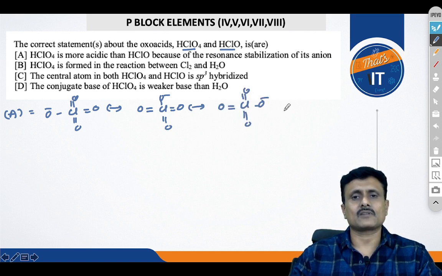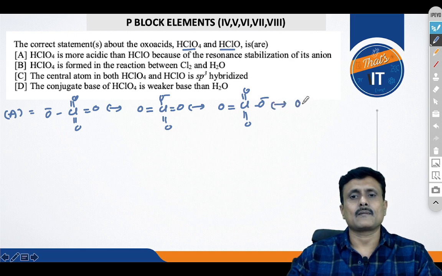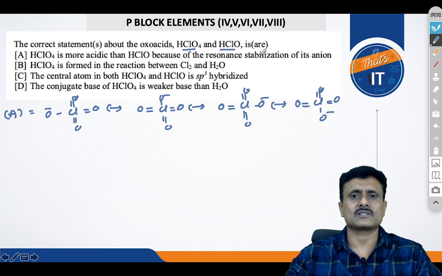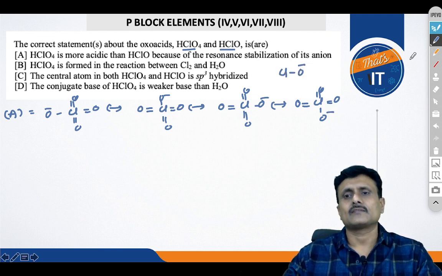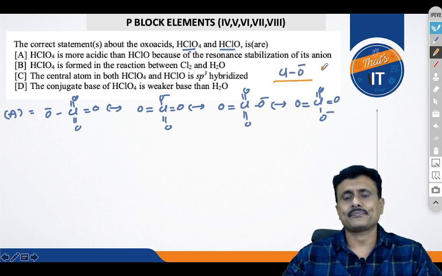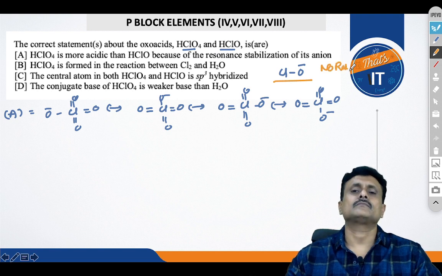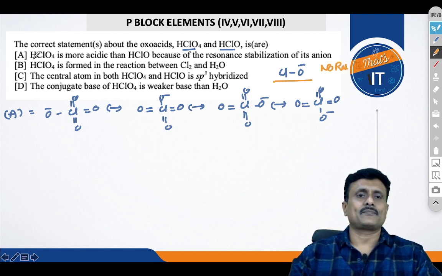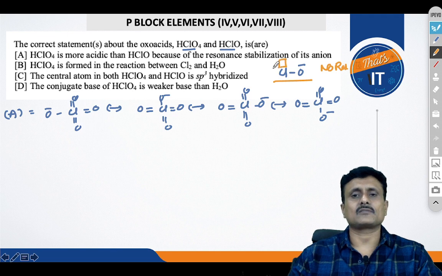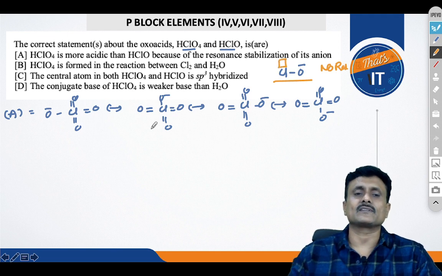So there are 4 resonating structures that are possible, which I am writing over here, which is making it more stable compared to ClO minus. There is no resonance, right? Only there is back bonding, that's all, because of which it is significantly more acidic,